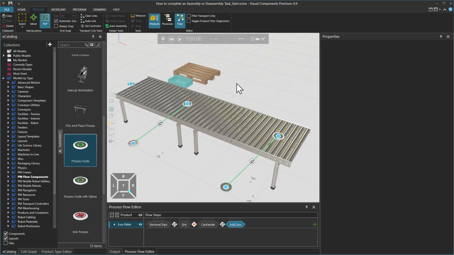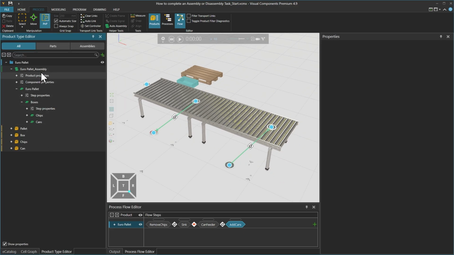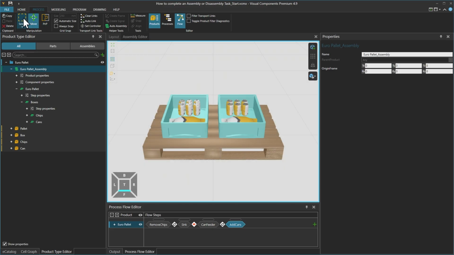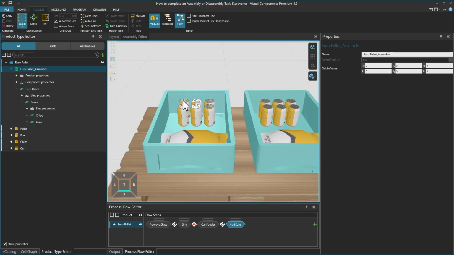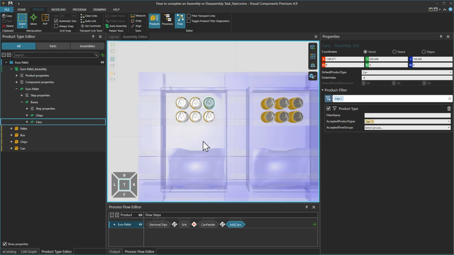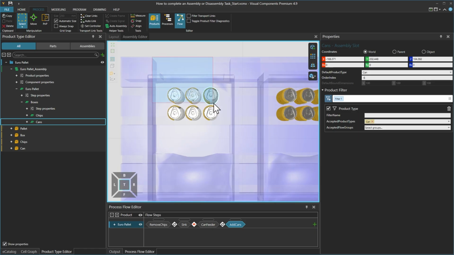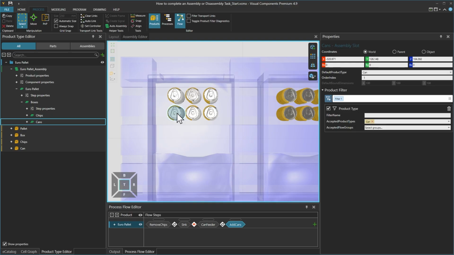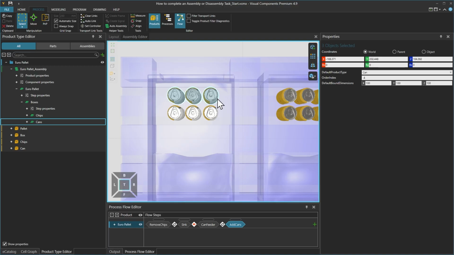Then resetting the simulation, if we return to the product type editor and select the EuroPallet assembly and open the assembly editor, and using the select tool, these cans have an order index of 4, 5, and 6. And switching to the top view might help with this selection. Click and drag to select these 3 cans and edit the order index for all to be 4. This can with order index 1 will be the first can product to enter, then 2 and 3. And then these 3 cans with the same order index will enter at the same time, and in all cases